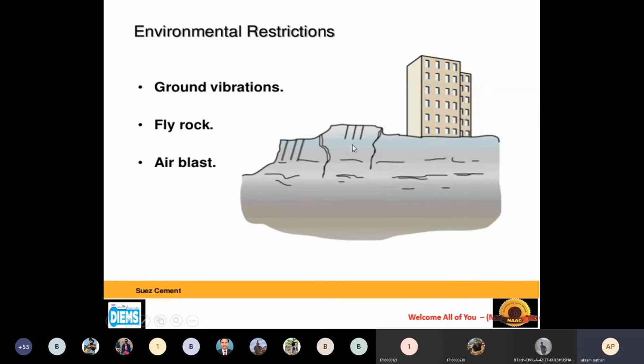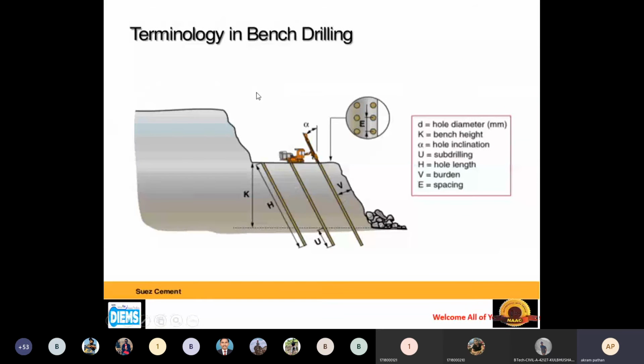So rock may fly to the nearby area. How much distance will it cover after blasting? So fly rock and its distances play an important role in quarry blasting. Then air blast. So these are the environmental restrictions we should follow while drilling a mine.